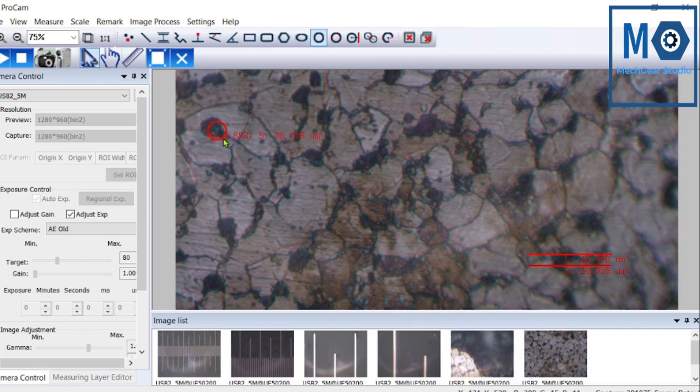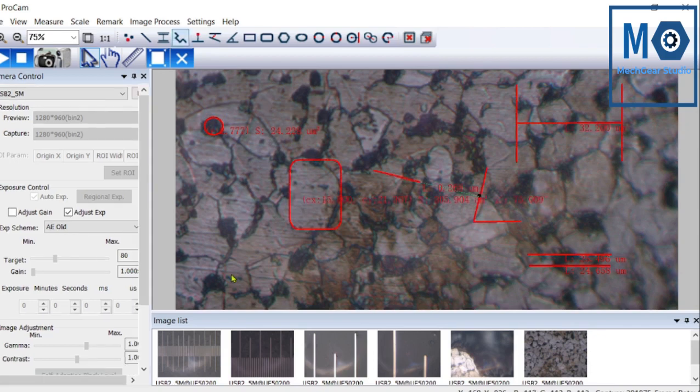We have a number of drawing tools. Suppose I am drawing this circle and placing it on the phase which is available as a black spot. So we can find the area of this black spot. We can draw rectangular or hexagonal or elliptical shape.